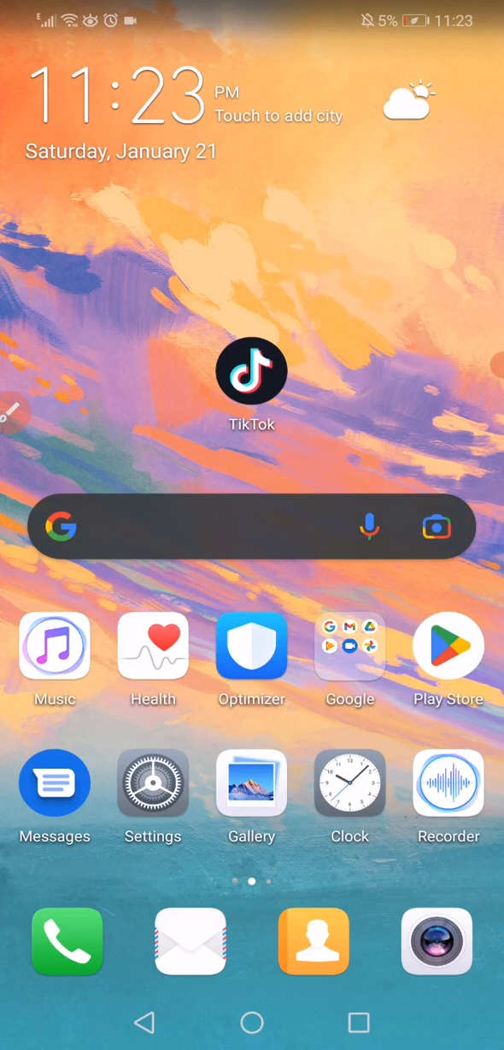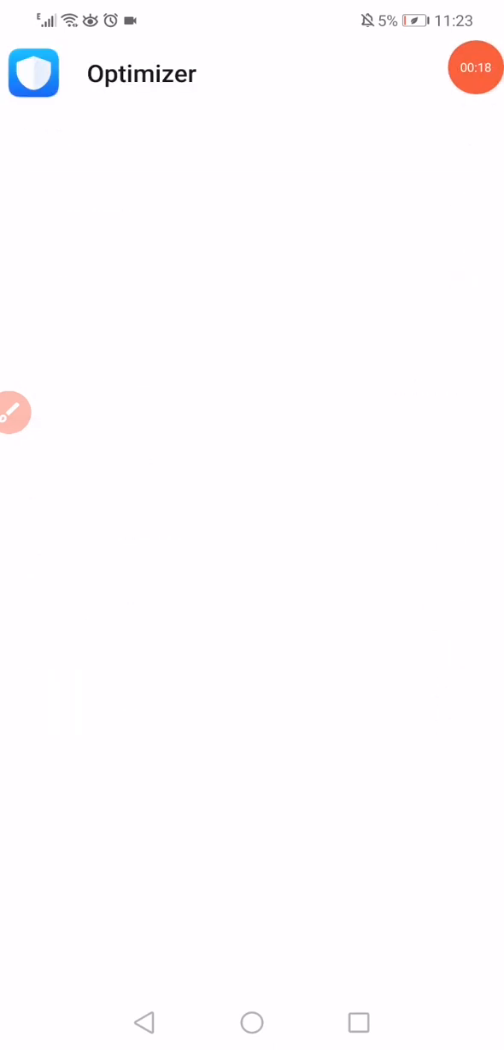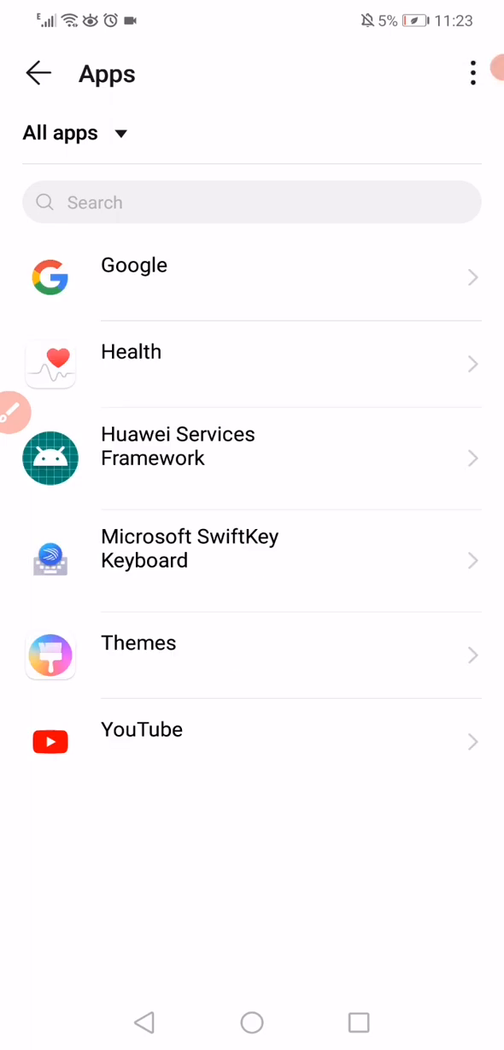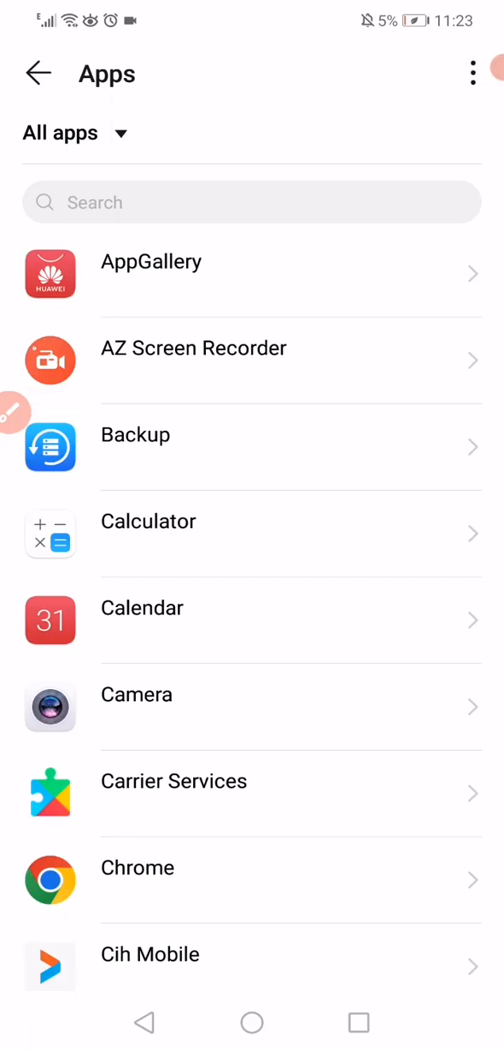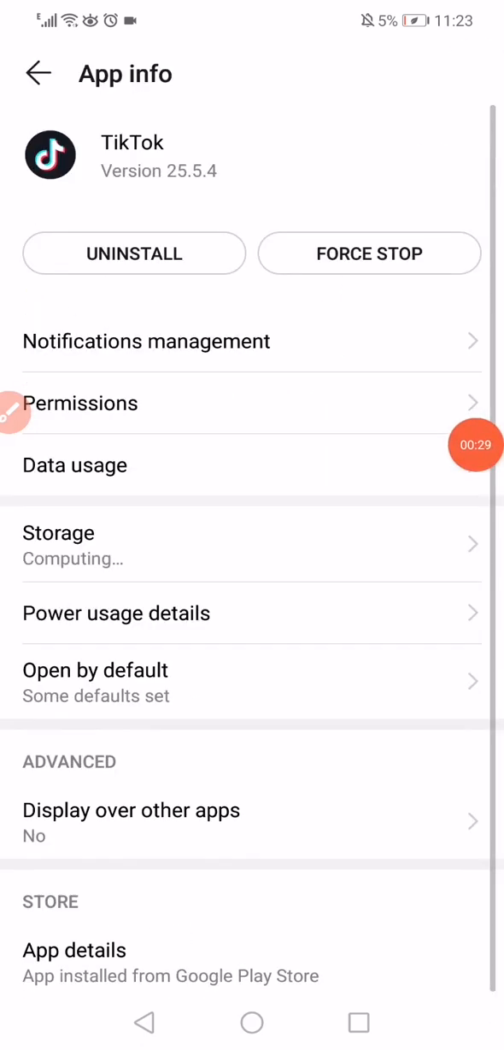So first thing, open the settings, go to the apps manager. When you open the apps manager on this page, you will find all the apps that you have on your phone. So all what you want to do is scroll until you find TikTok and then click on it,